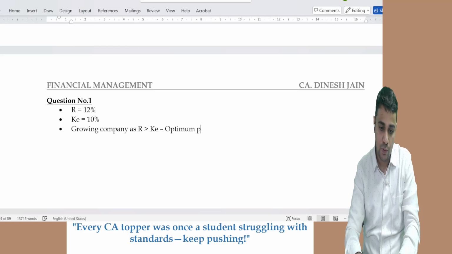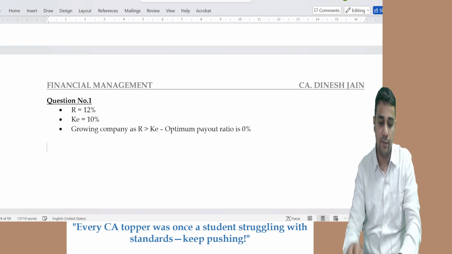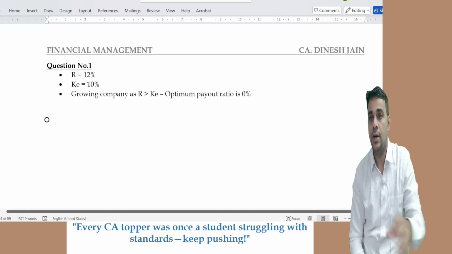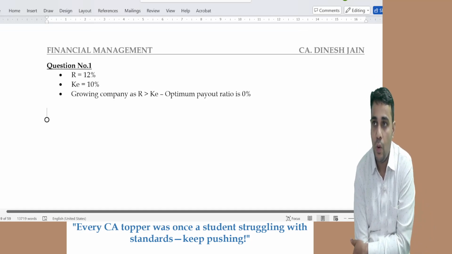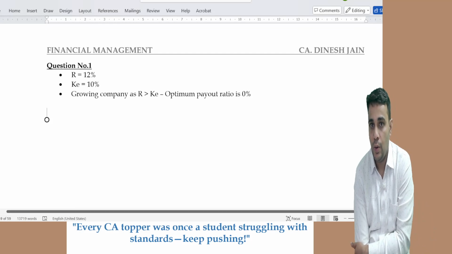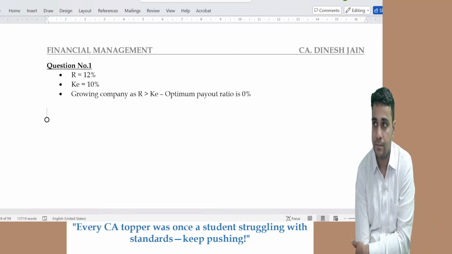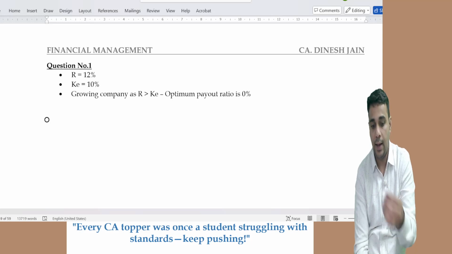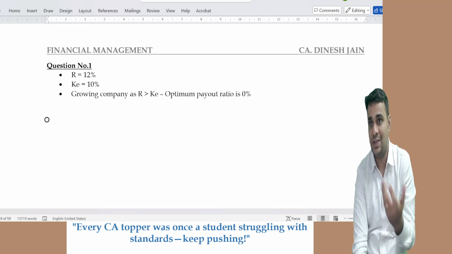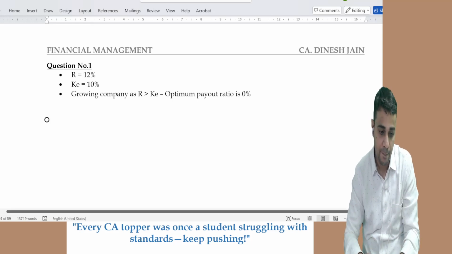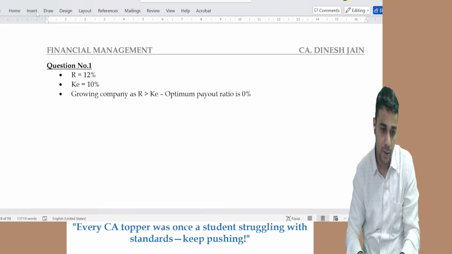Optimum payout ratio is 0%. I am not going to pay any dividend. No dividends paid. But I'll anyway write my full formula. In this scenario, the D by K is of no use because it is 0. Now write the full formula, price equal to